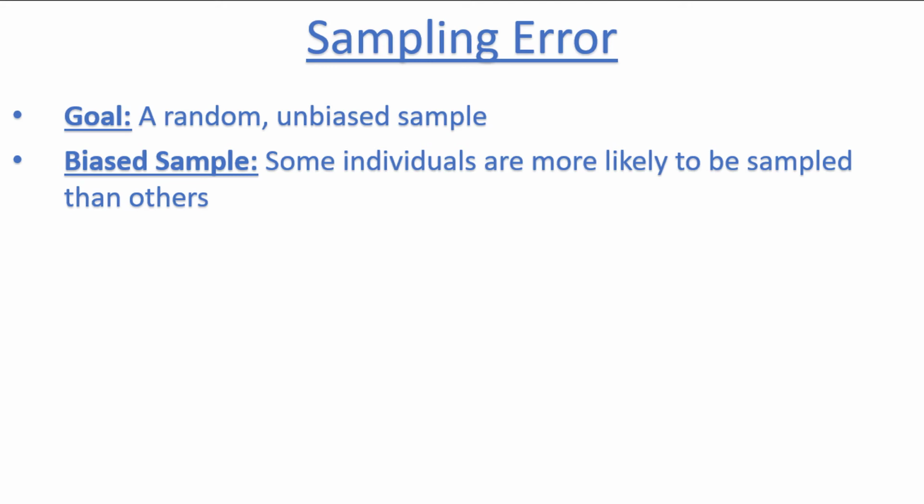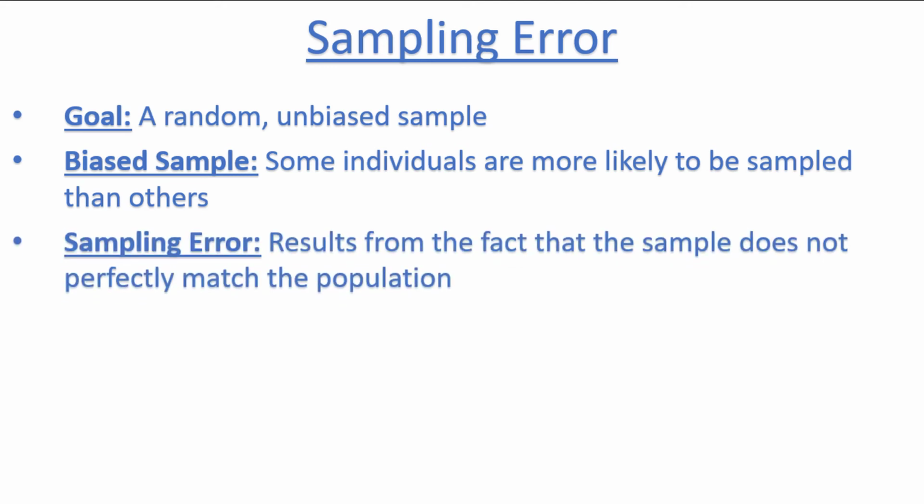Even with an unbiased sampling method, the resulting sample will almost never represent the underlying population exactly. We call this result sampling error, which arises from the simple fact that the sample does not contain all members of the population, so it will never perfectly represent it. Sampling error can be reduced by increasing the sample size.